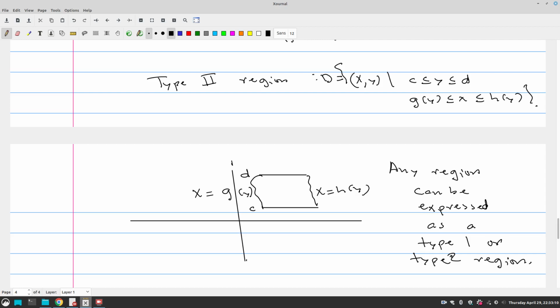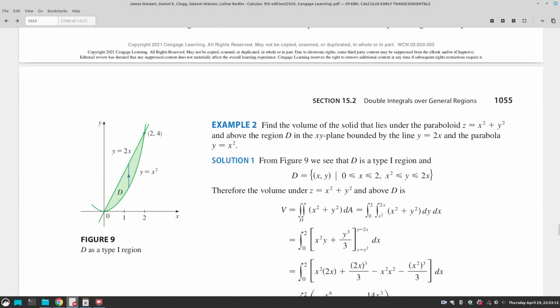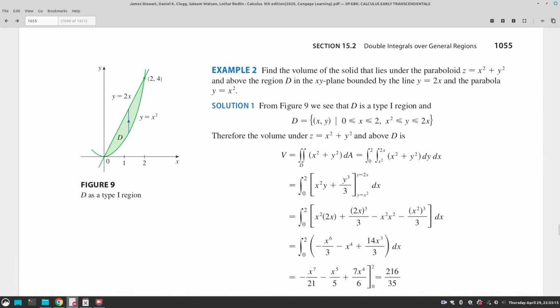So let's look at example 2 in the book, right? So region of integration,